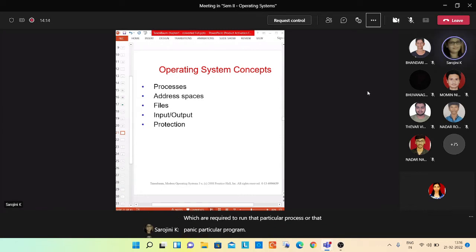So a program will be created, and then it will be used, and then it will be deleted. Starting from creation till the deletion, whatever the process requires, everything will be there with the process. So process is a container. Okay. How can you understand the process?